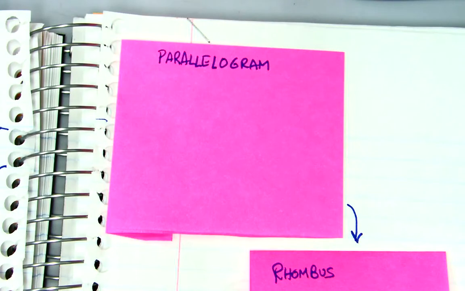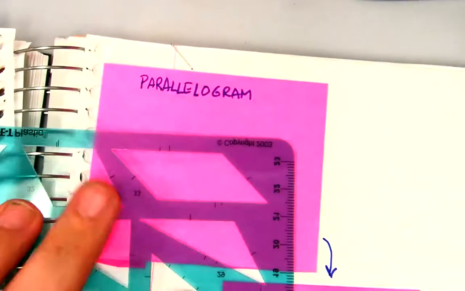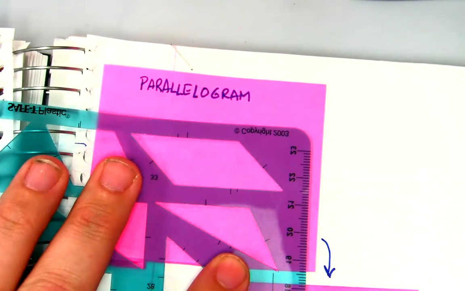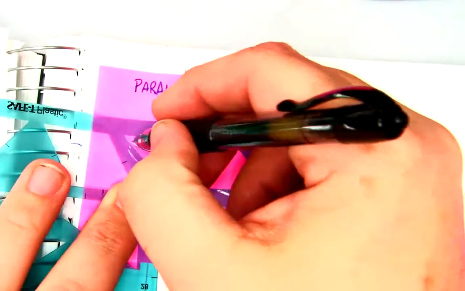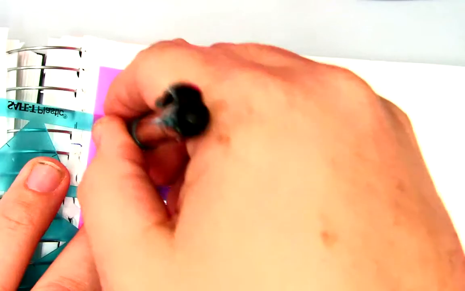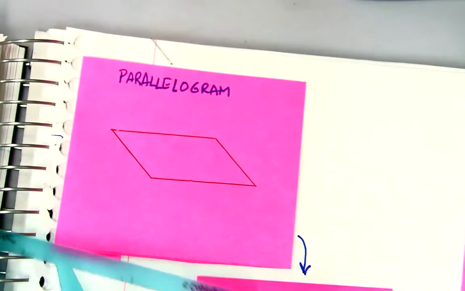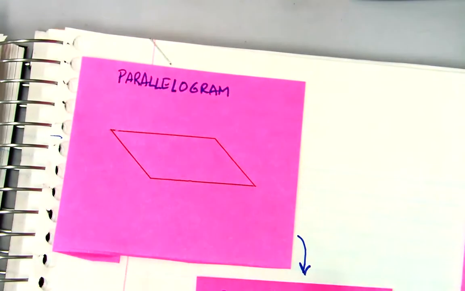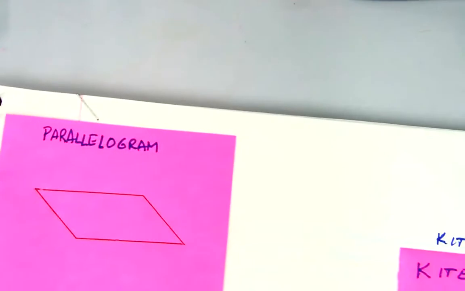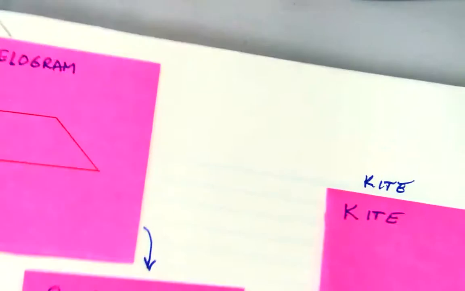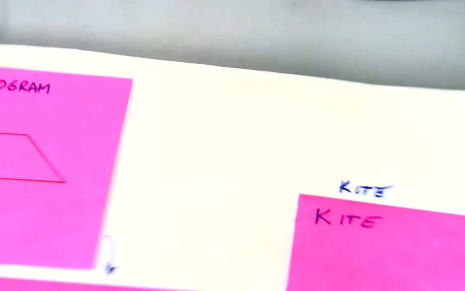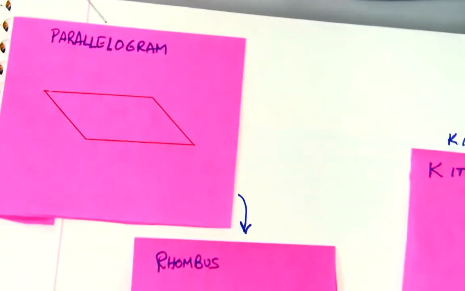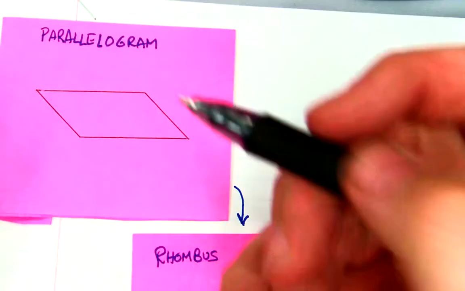All right, we're going to first start with the trapezoid, or the parallelogram rather, not the trapezoid. Those things are a little bit different. Now, I understand that I do have a stencil to use, but what you want to do is draw a parallelogram. As long as opposite sides are parallel to each other, and then you draw it and it looks right,